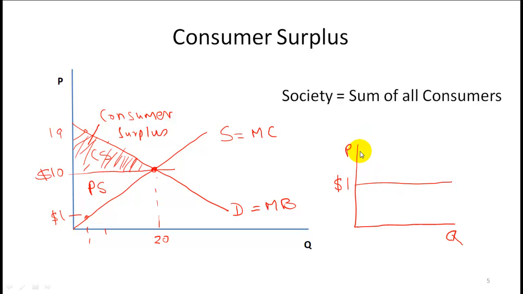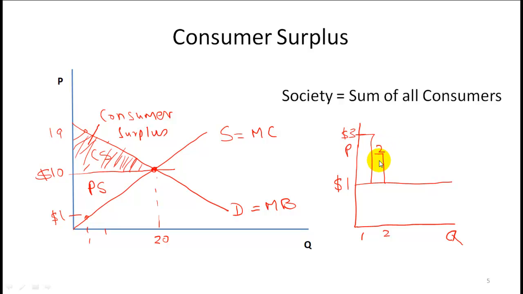Now let's say that for the first soft drink you are willing to pay $3. So for the first soft drink that you consume, you are willing to pay $3, but you only paid $1. For the second soft drink, let's say that you are willing to pay $2,